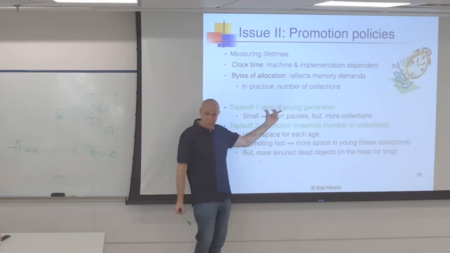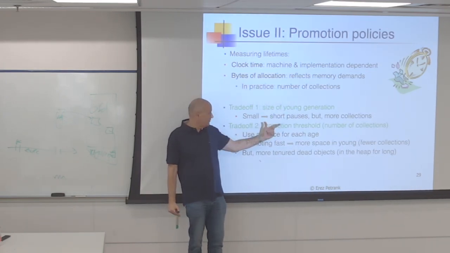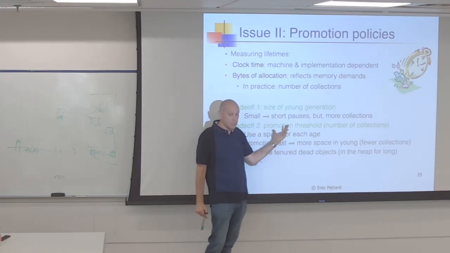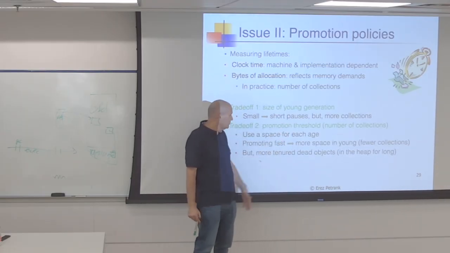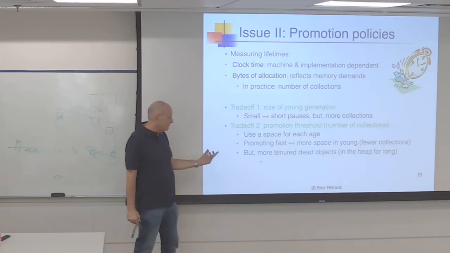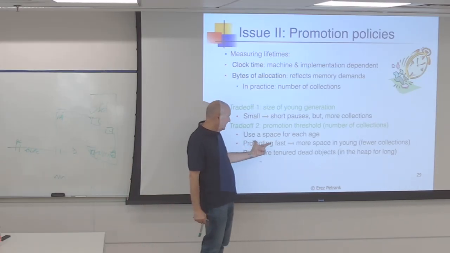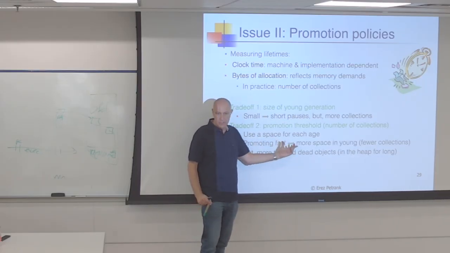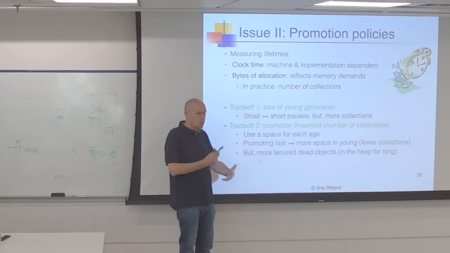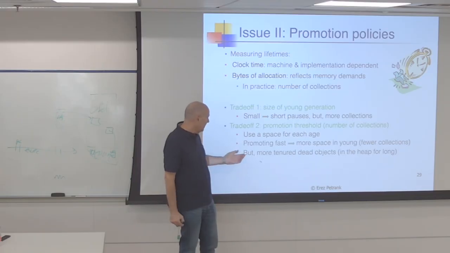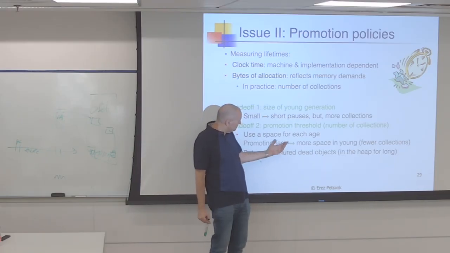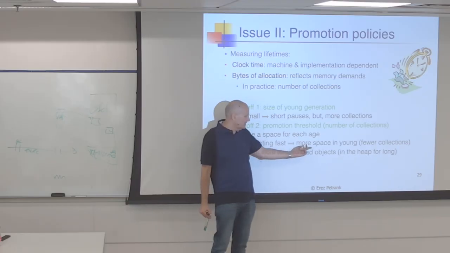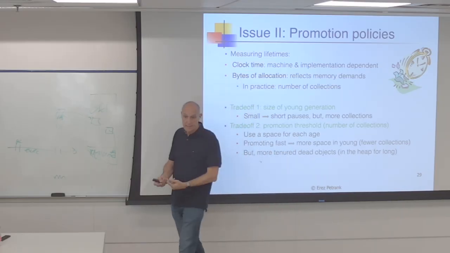Okay, so trade-off one is the size of the young generation. Trade-off two is how fast to promote. So there is a promotion threshold, and normally I would use a space for each age, so I will be able to know what's the age of an object. And promoting, so I could promote fast, and then I will have more space in the young generation